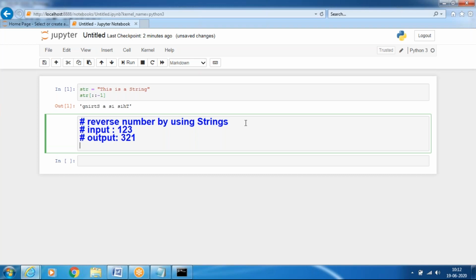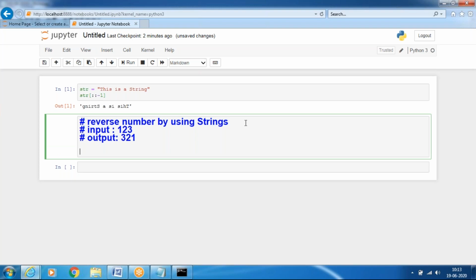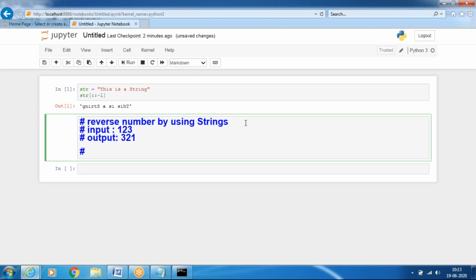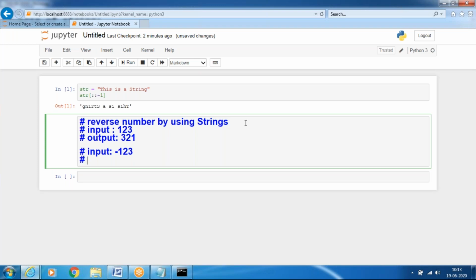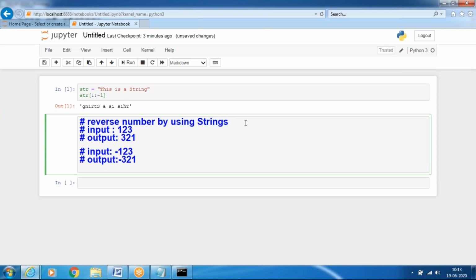This is one case. In another case, suppose the input is minus 123 and the output should be minus 321. How will you design this one?